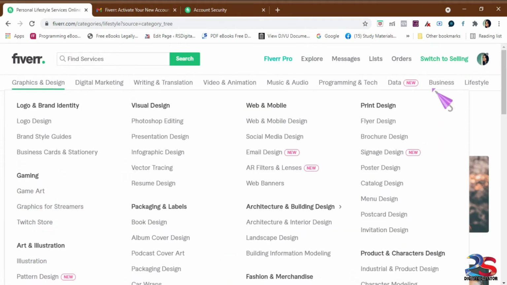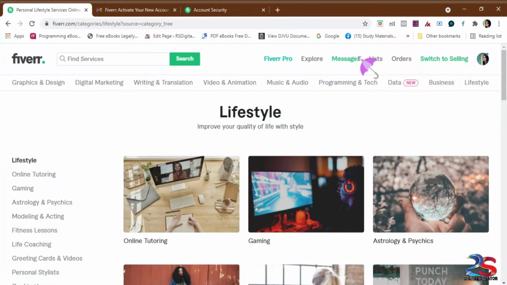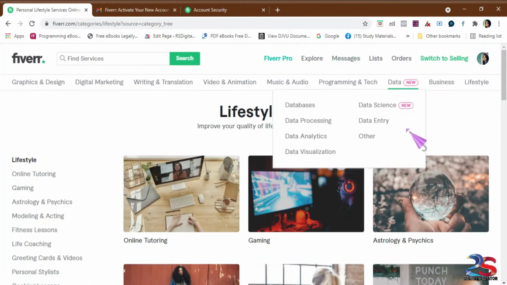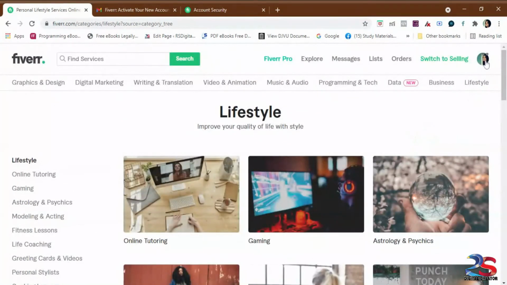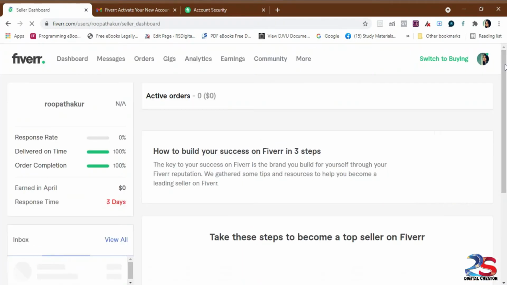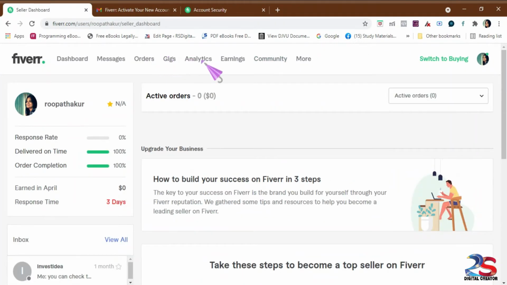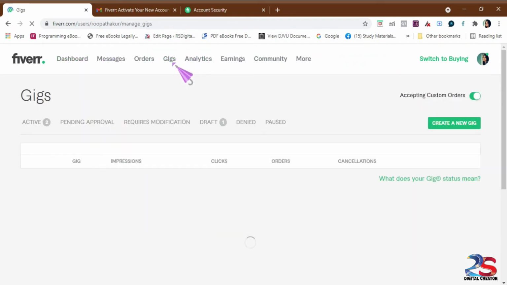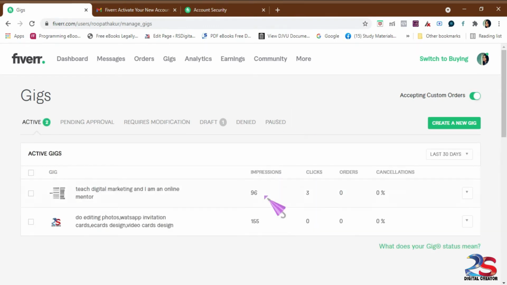So just you can see nearby, the profile dashboard view will be there. Go to the profile here, dashboard. Yes, click on this dashboard and you can see the dashboard view where you can see the menu above. So in the header section, select gigs. Okay, so the gigs that you have already created will be showing up.